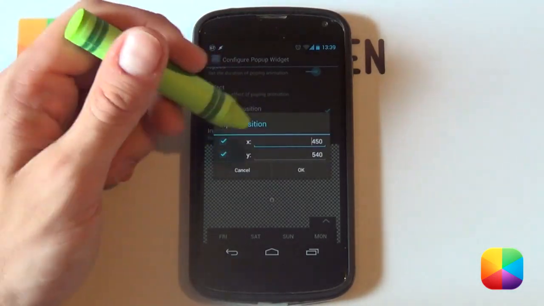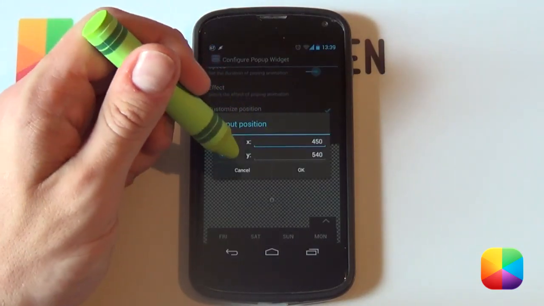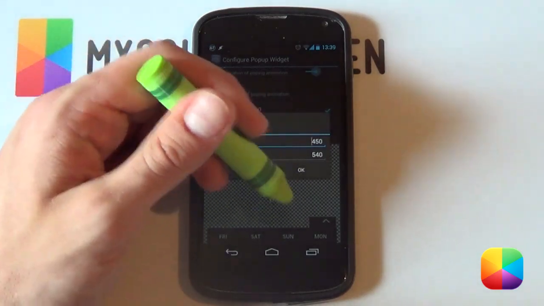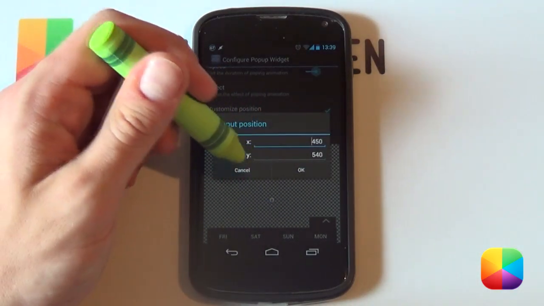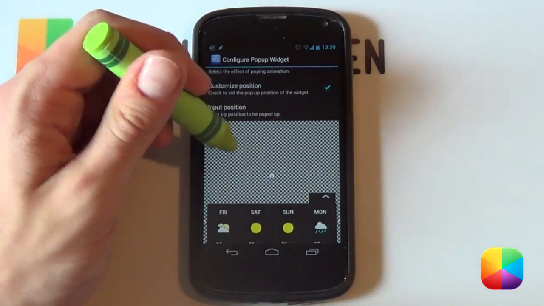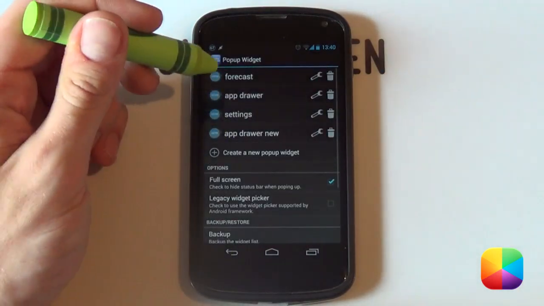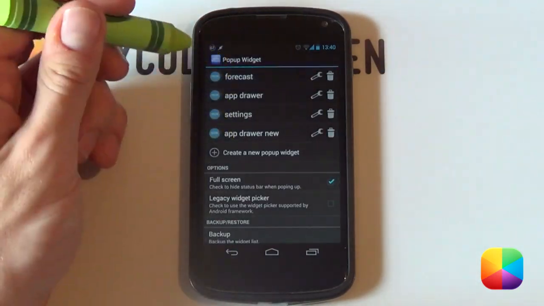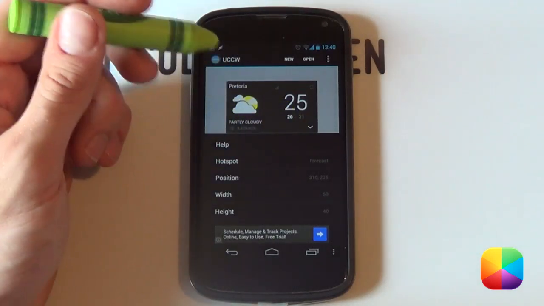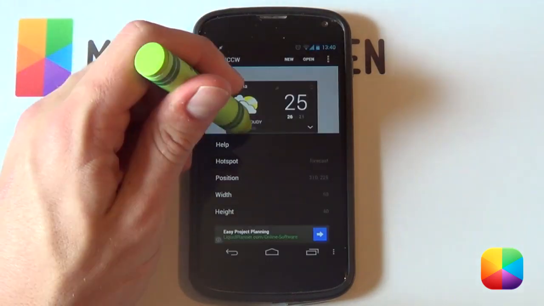Now obviously, depending on what size screen you have, this might differ slightly. And this one pretty much took me the longest to get right, as you want it to look like it's coming out of that little arrow at the bottom and fit neatly onto the weather forecasting skin. So I'm just going to say cancel. You might want to be changing the width. That might help as well, and just play around with the input position. So once you've created a forecasting one and assigned it just by selecting it like that, it will now be assigned to that hotspot. What I want you to be doing now is editing each one of your hotspots